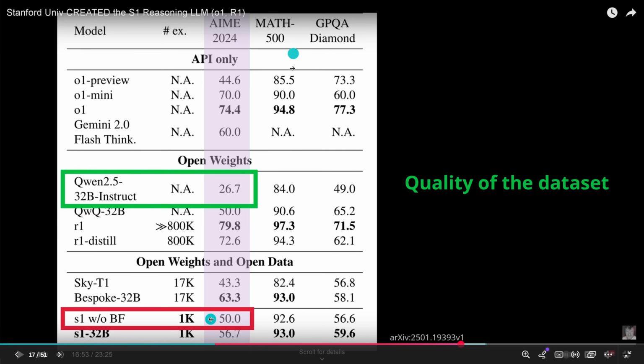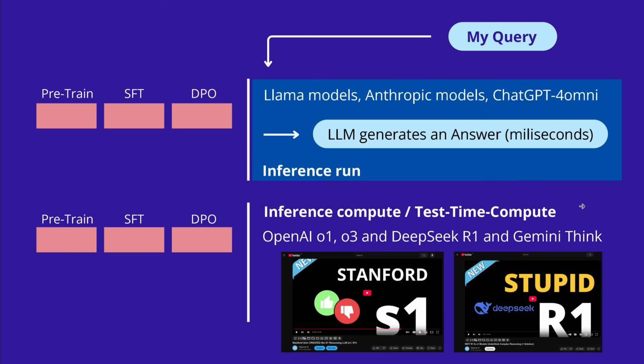If I have another benchmark, you see, I just go up from 92.6 to 93.0, so 0.4 percentage points if I activate the test time compute. So I think we can clearly see the quality of the supervised fine-tuning data is the most important dominant factor. So the quality of the data set was simply amazing with Stanford S1. So you see,